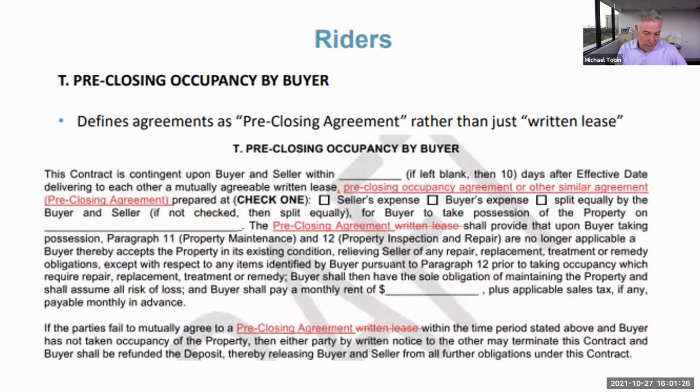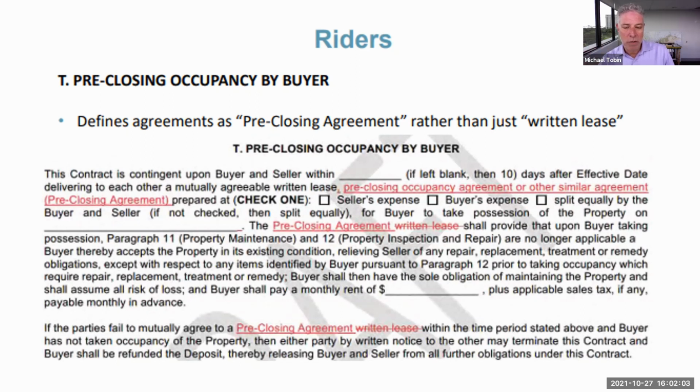I will say this, and this is what I've told a lot of Keller agents. This form doesn't provide for amounts to be withheld by either party as security. That needs to be written in for both sides. It doesn't include money that would be held back for security. So that's definitely something agents need to know. I know I've spoken to a bunch of agents on this over the last couple years. Be clear when you're negotiating the terms of the pre-closing or the next one, which you can switch to,